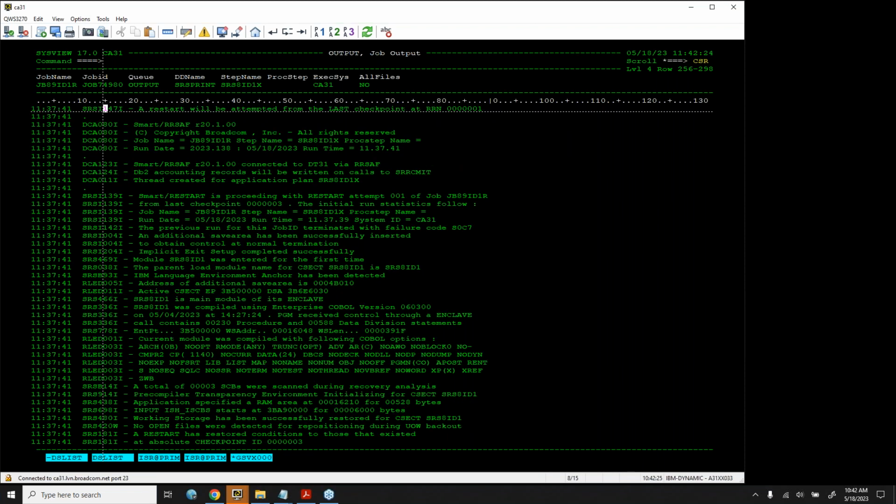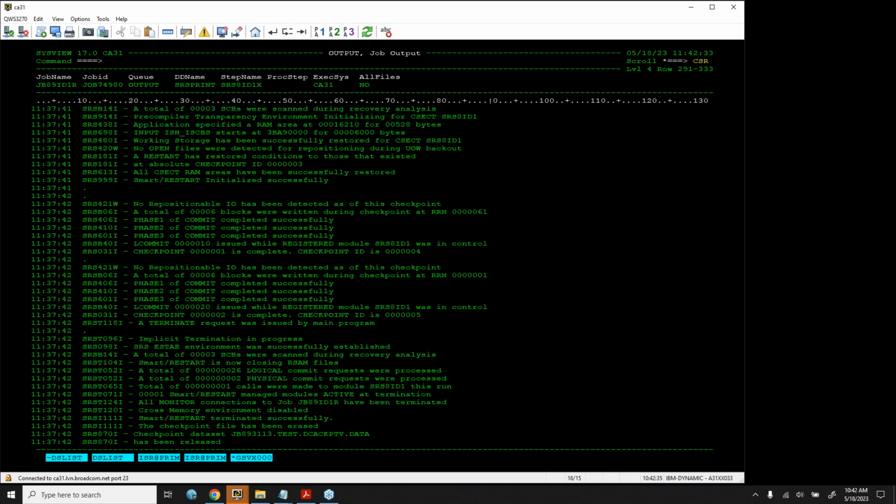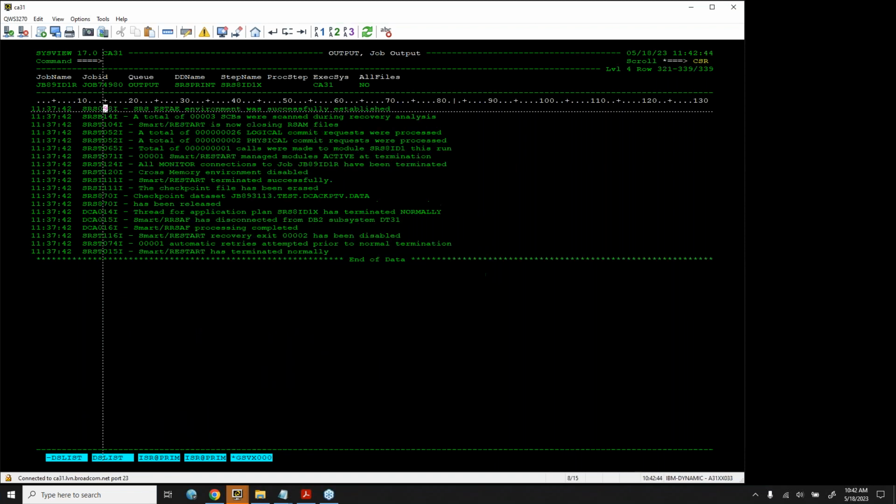Here's where it's saying the restart will be attempted from that checkpoint. And then it starts running again. So the restart's proceeding. And it begins to process records and do more checkpoints. After the next 10, we do another one. And after the next 10, we do another one. And then the program finishes and returns, and we close it all out, do the final checkpoint. If the user didn't do one or we were pacing, then we do the final checkpoint at that point in time,